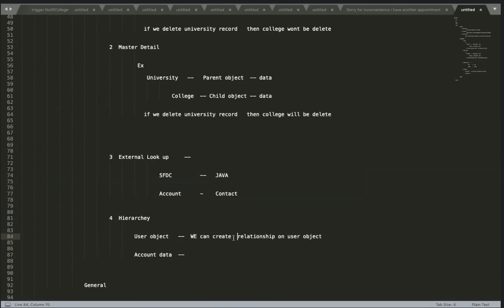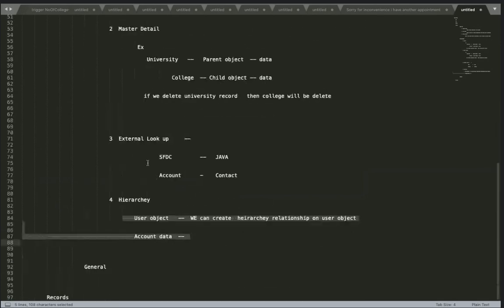What kind of relationship? Hierarchy. Okay, so clear, anyone? Still have a doubt here about hierarchy? You don't need to worry. This is a little tricky one. We can do it practically and we'll get to know.